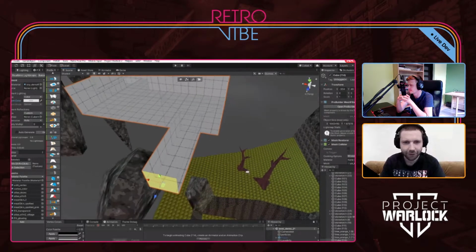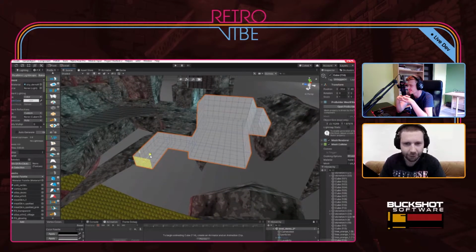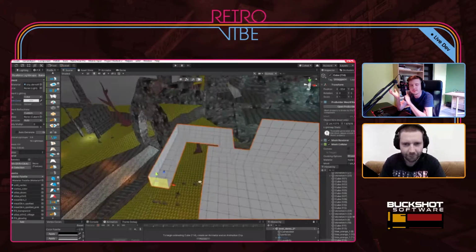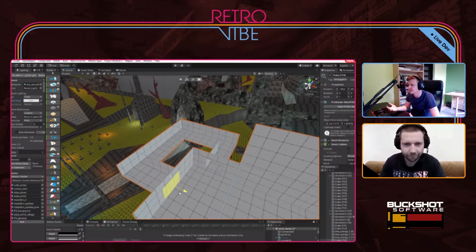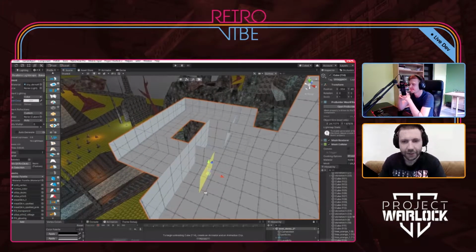I make a short corridor. Make it go all the way here. So like David said, it's maybe not all about, but one of the most important things are the corridors. And here is the issue.